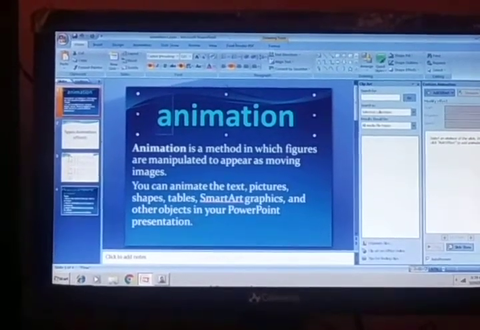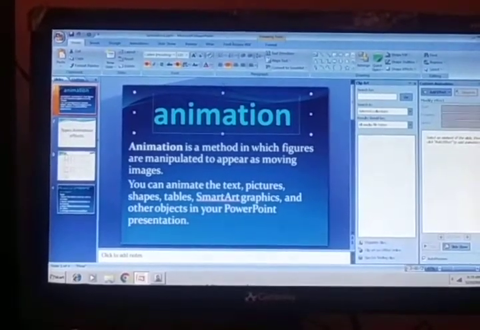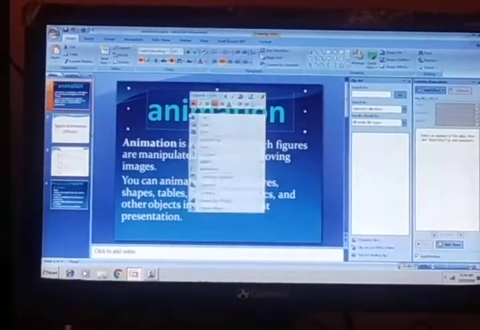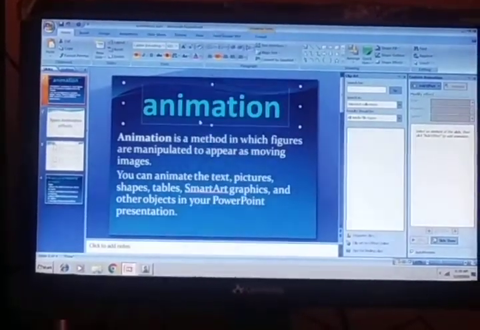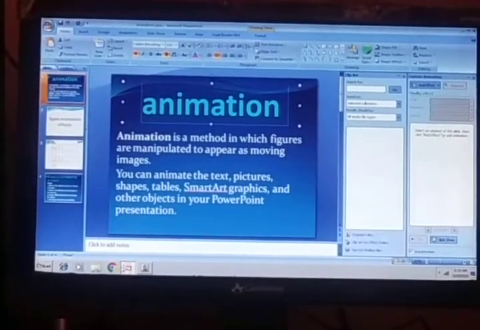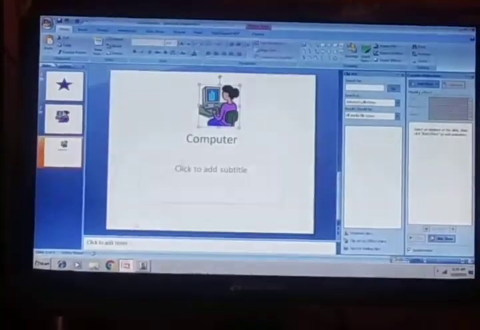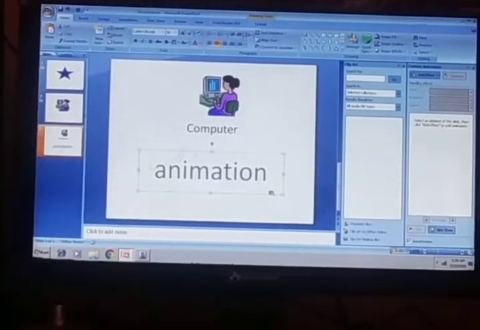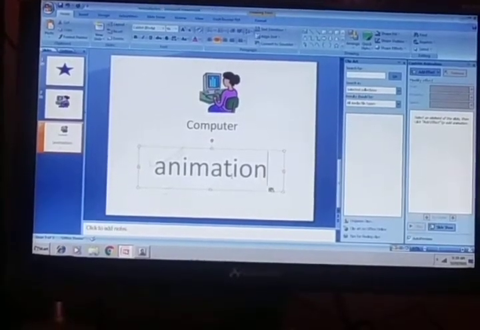Select the text, right click, copy, then paste in the presentation. Okay, animation.